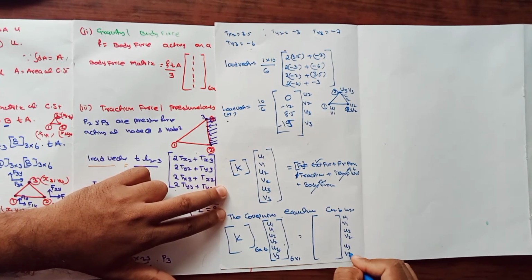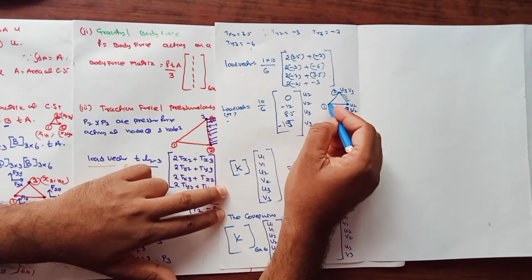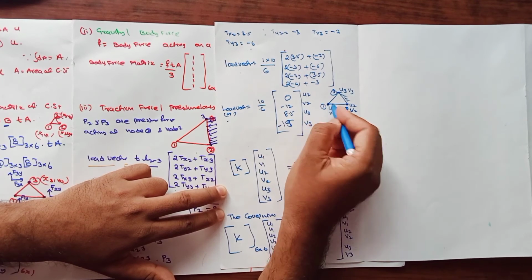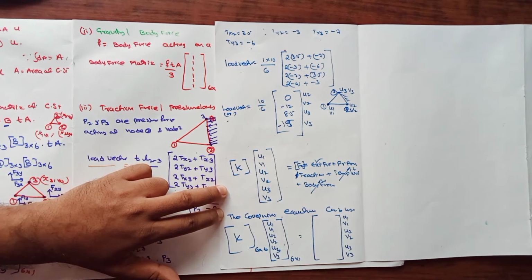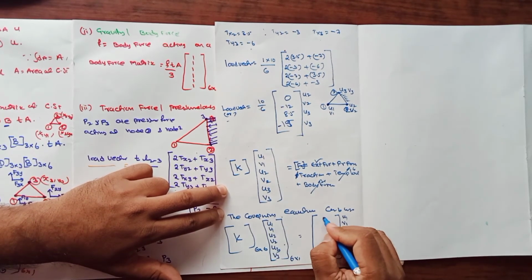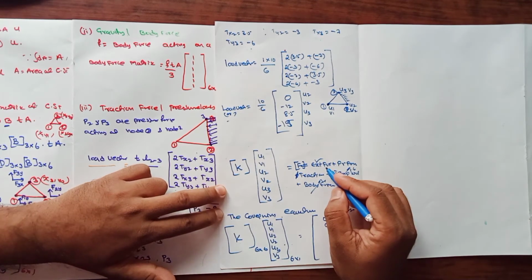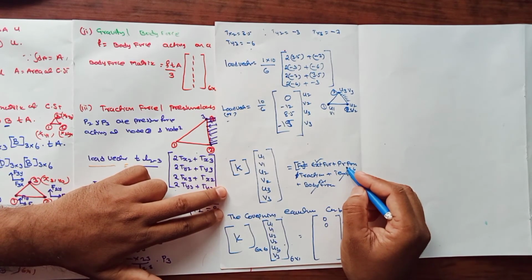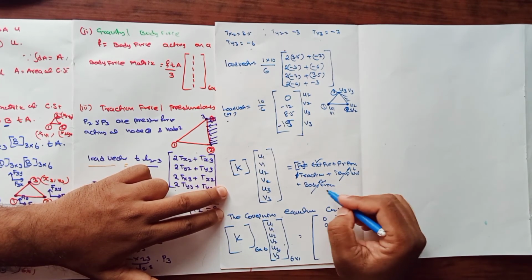But fortunately for u1 v1 there is no external force, because nodal number 1 is not subjected to the external force as well as the pressure load. So at nodal number 1 the force in the x direction is 0, and in the y direction is also 0, because there is no external force in x, y, no pressure force in the x and y directions, no temperature load, and no body forces, therefore it would be 0.